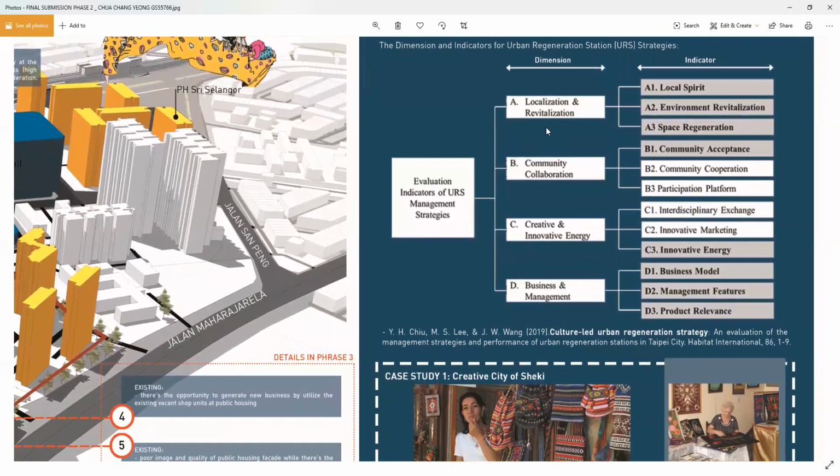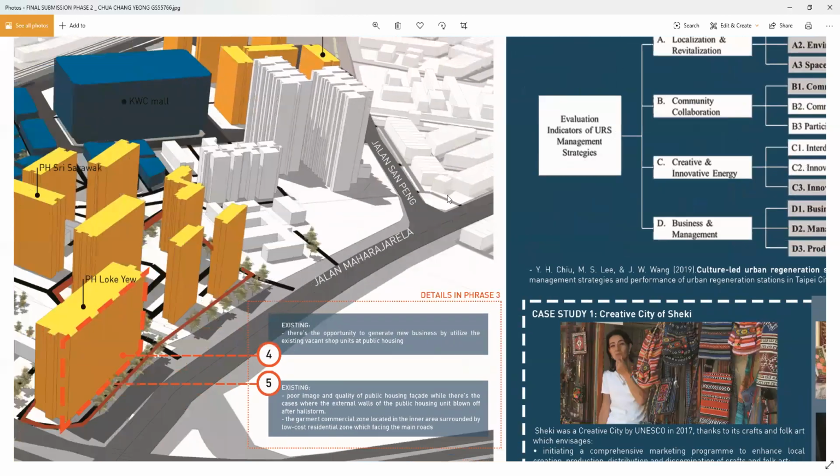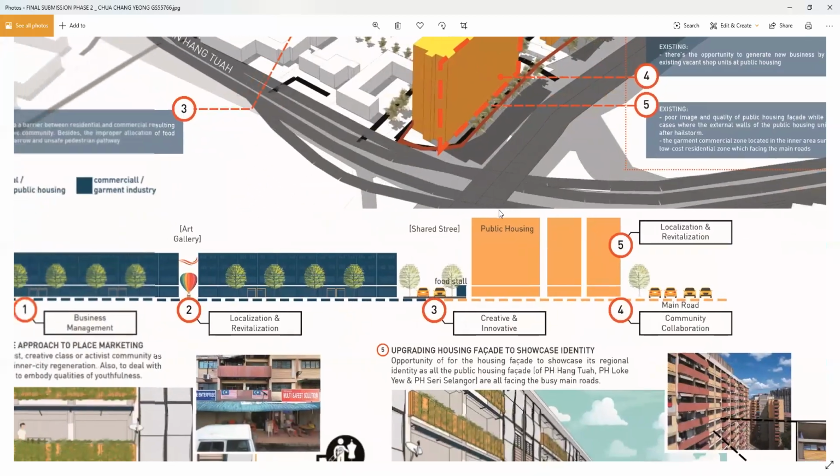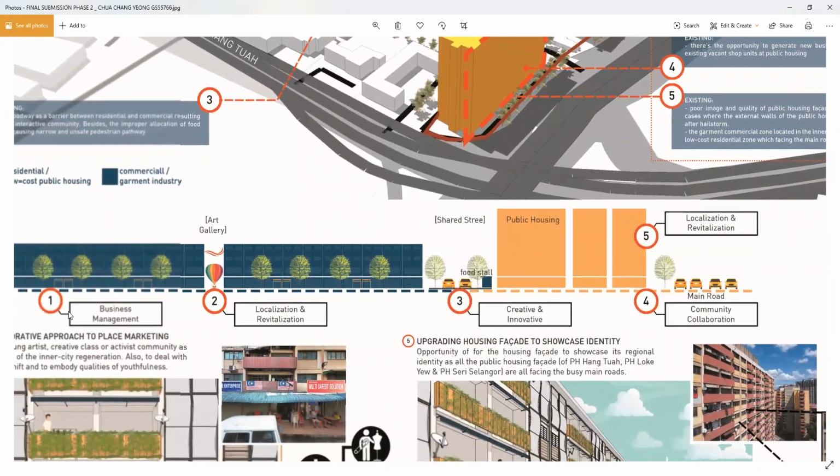So actually, I have applied all of these into the five approaches that I mentioned before. The first one, we mentioned some extra pop-up stores and the streetscape design, the trees and furniture. So it's about business management,